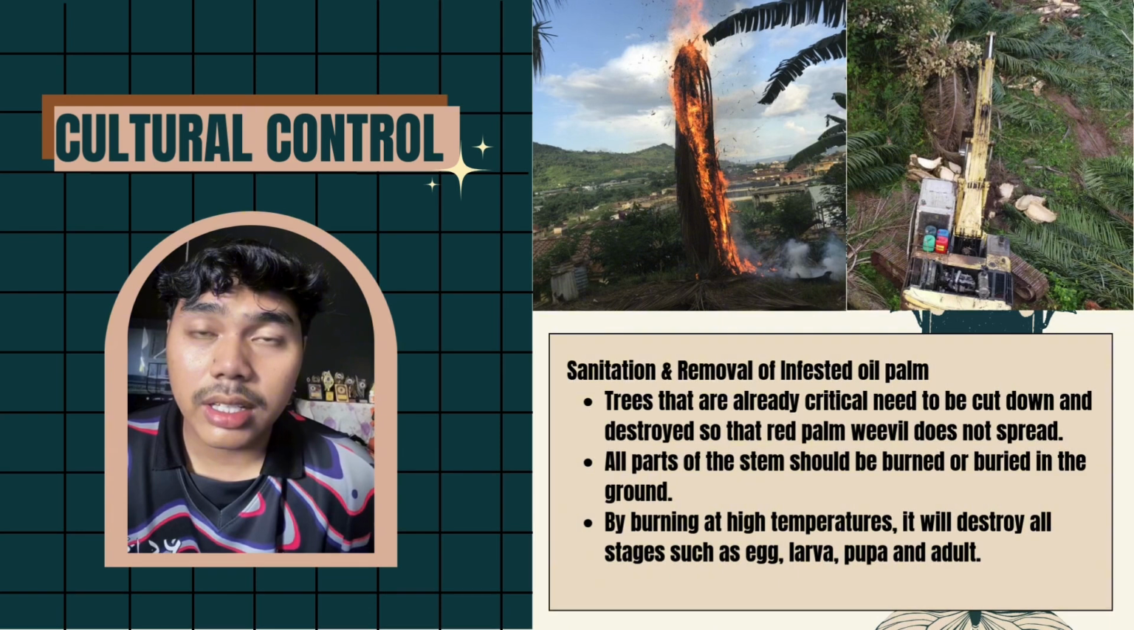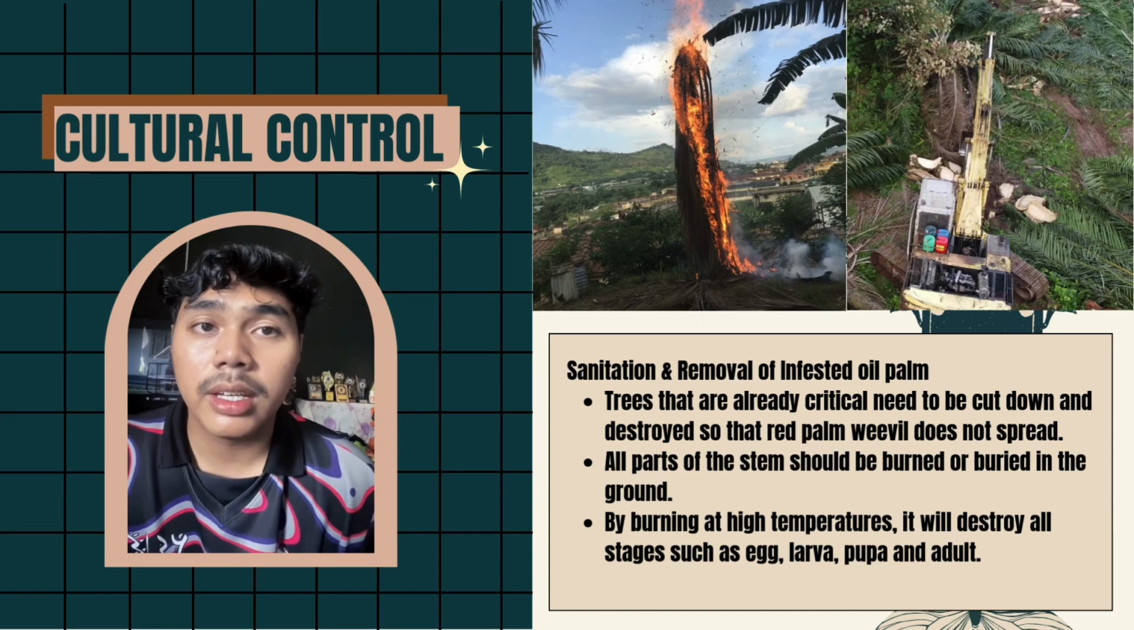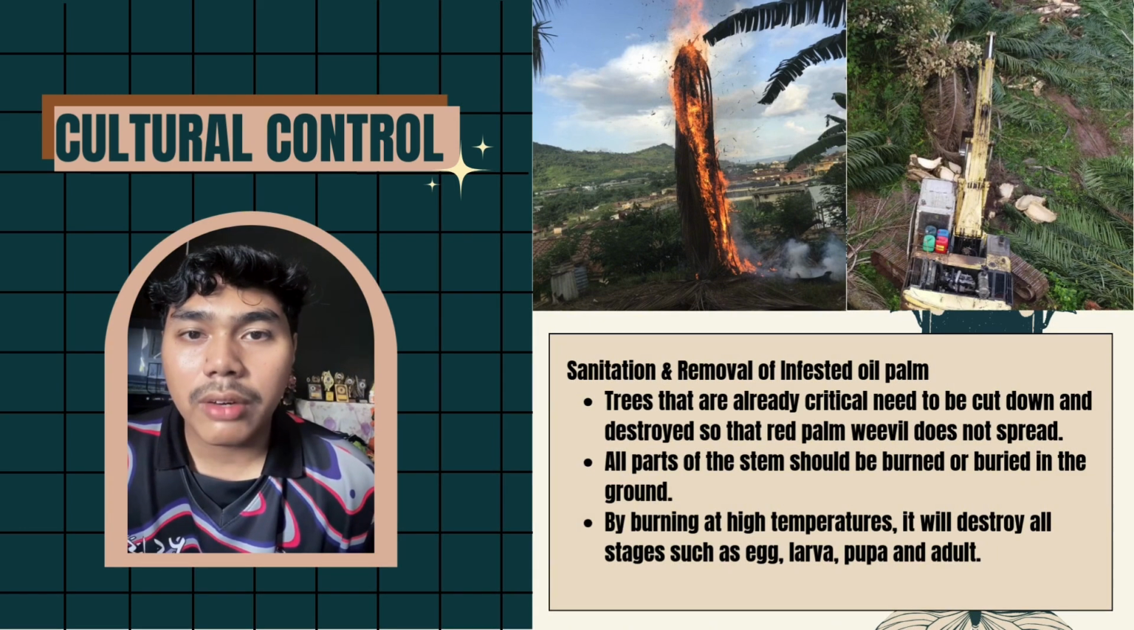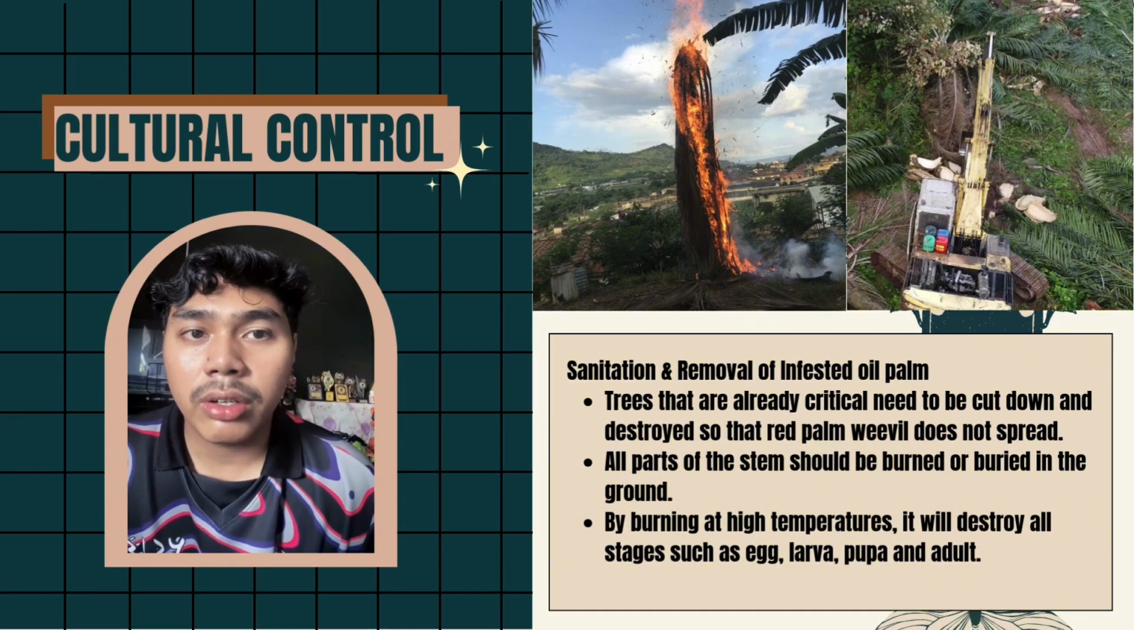The last one is cultural control. In cultural control, they use sanitation and removal of infested oil palms. The trees that are already critical need to be cut down and destroyed so that the red palm weevil does not spread. All parts of the stem should be burned or buried in the ground to avoid the red palm weevil spreading to other trees. By burning at high temperature, it will destroy all stages of the red palm weevil such as egg, larva, pupa, and